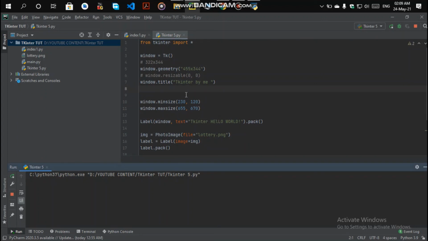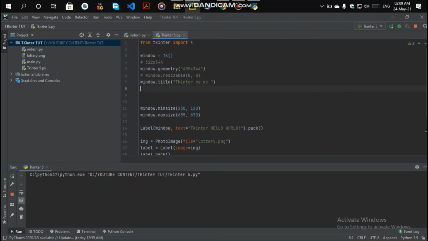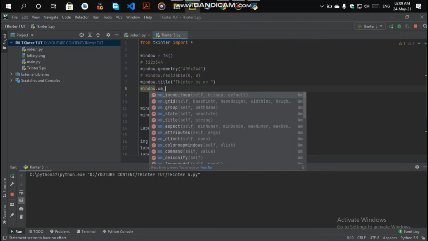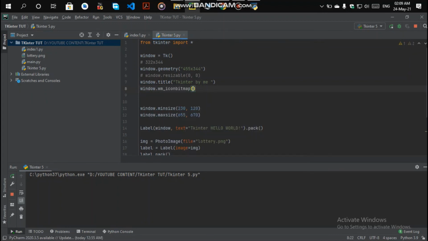For the title image we will write window dot wm underscore iconbitmap option to display the title image. In this option the basic argument we need is the path of your image.